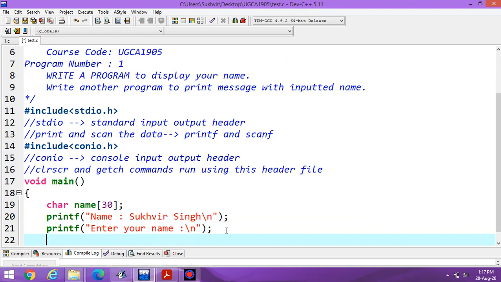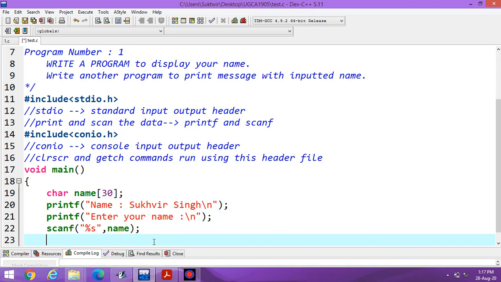Then for entering the name, you have to write scanf in double quotes %s. Now %s is for string value, meaning a combination of characters. You can display the content here, and what content is required, that is name. It means you can display name in place of %s. As you are using scanf, you can enter the data from the user end.